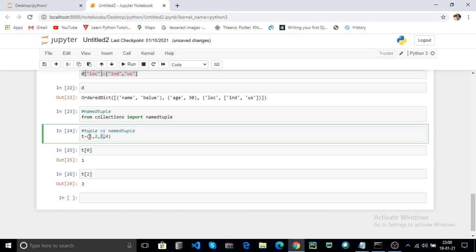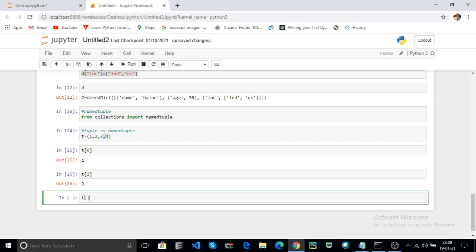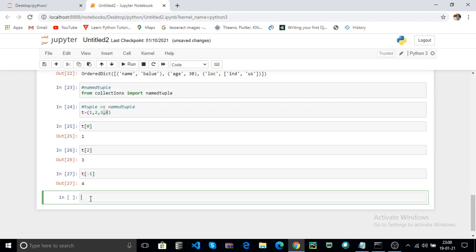The index starts from 0 to n minus 1. Now how to use the namedtuple? Here create an object of namedtuple. For example, nt equals namedtuple of. Here pass one namedtuple name and its properties or attributes.